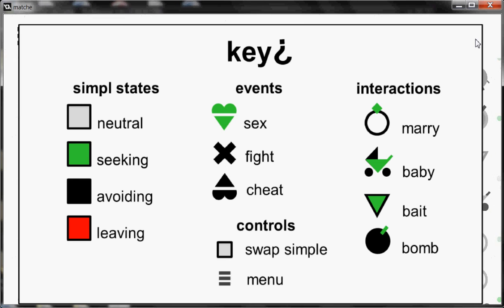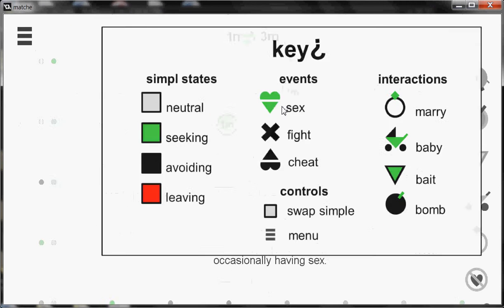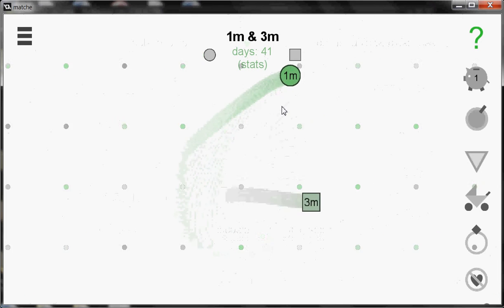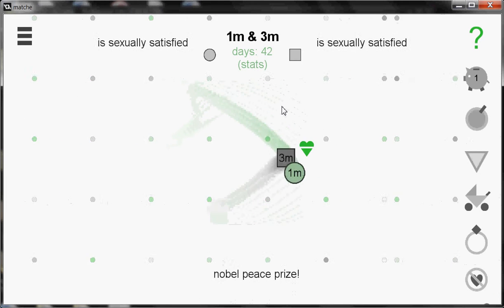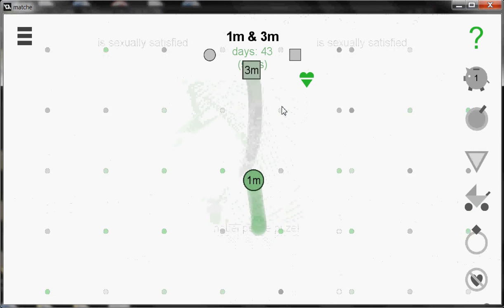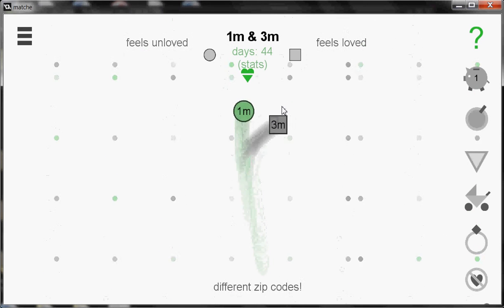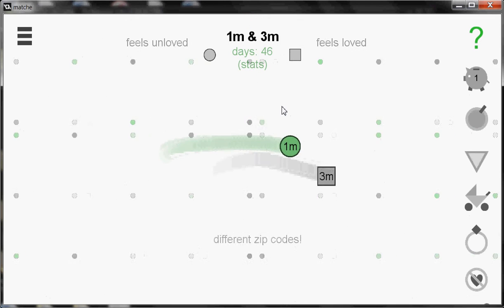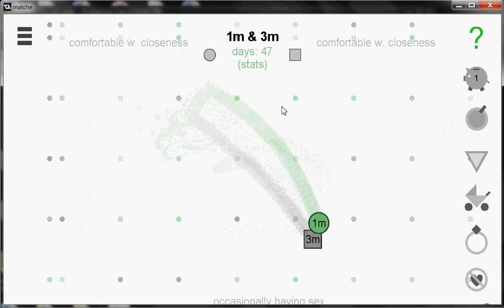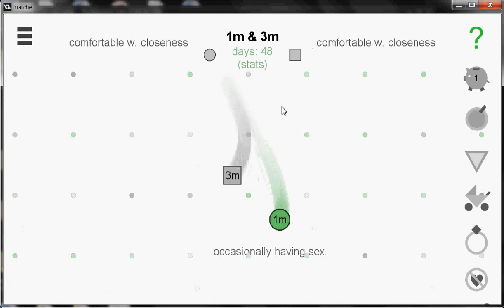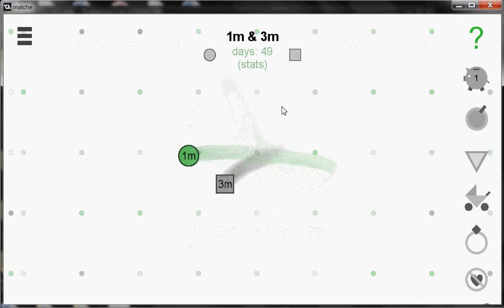There are a number of interactions that are possible, including marriage, where you marry the simples and see what happens, and baby, where you introduce one or more infants into the mix. You can add temptation or stress test the relationship by blowing things up. Observation about how close the couple is, how frequently they are having sex or fighting, will rise from the screen after 30 simulation days have gone by. Characterization of how each of these simples are feeling will be shown on the top of the screen beside each of their names.